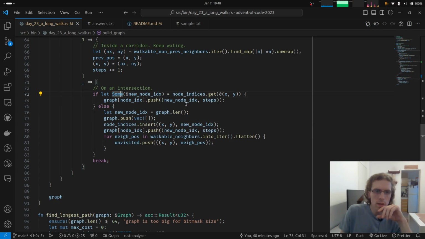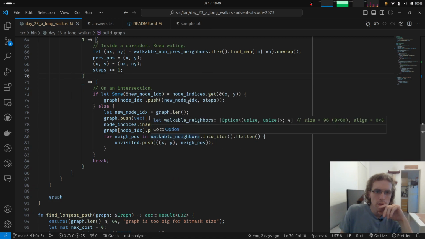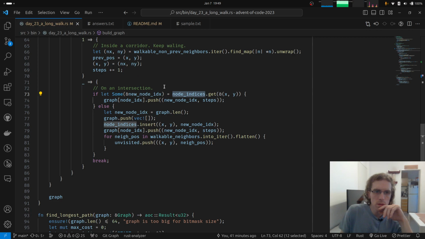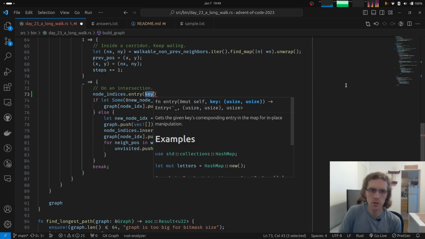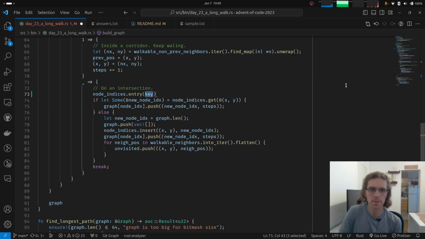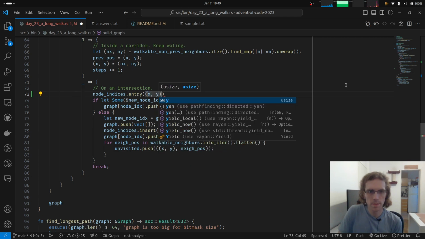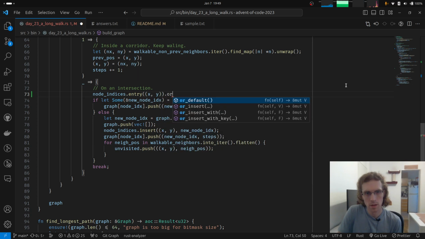I think we can refactor these into one of those entry, how do you call it, like HashMap entry API. So we would say like node indices, give me the entry for this X and Y key, then